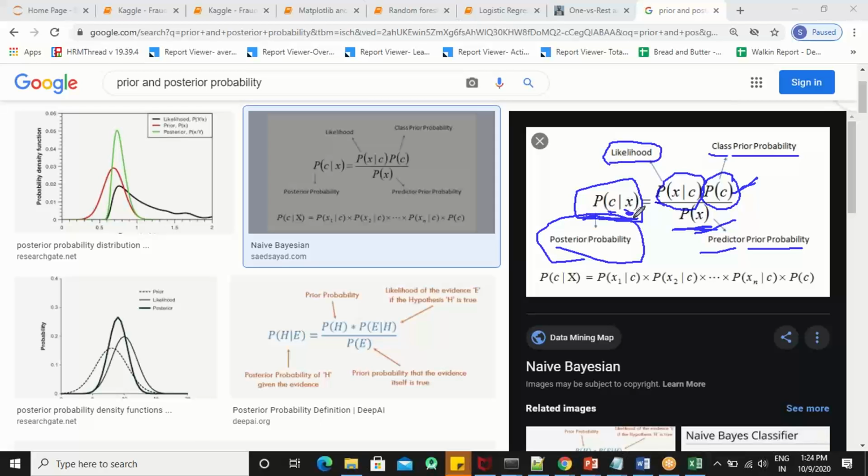So probability of spam given a word is probability of spam, probability of the word, and this is probability of word given spam. मतलब अगर मुझे पता है कि ये ईमेल स्पैम है तो उसमें एक पर्टिकुलर वर्ड के आने की क्या प्रोबेबिलिटी है।